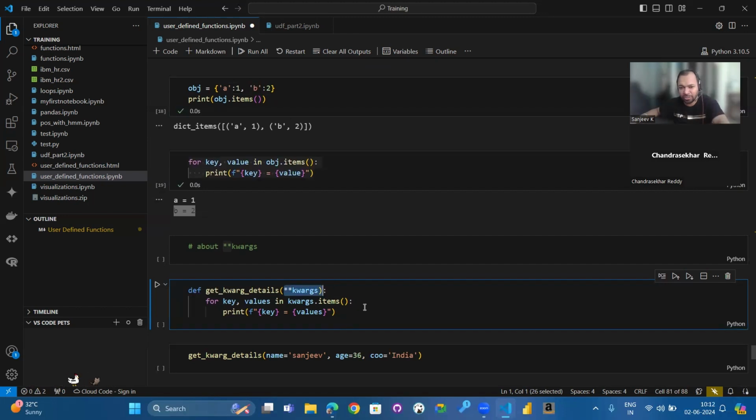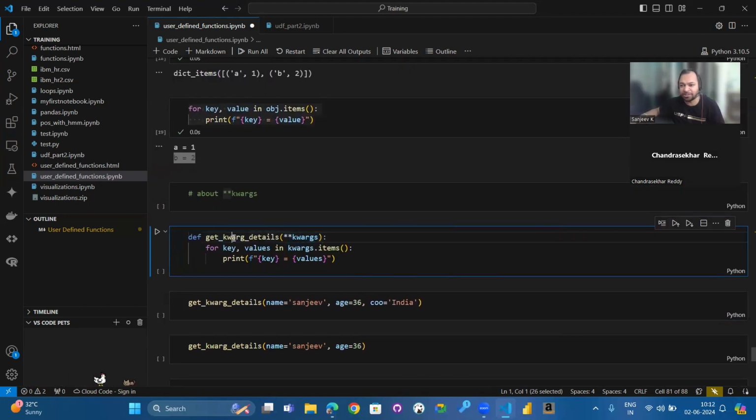So let us see how it works. I'm writing one function where I'm expecting that the user will send all the keyword arguments: A equal to 1, B equal to 2, C equal to 3, and so on. I represent that as asterisk kwargs. Again, as I said, this can be any name. This need not be kwargs. It can be any variable name that you put. It is just a variable. The only thing is that it's a dynamic, wildcard variable. I have two asterisk symbols here that we have to note.